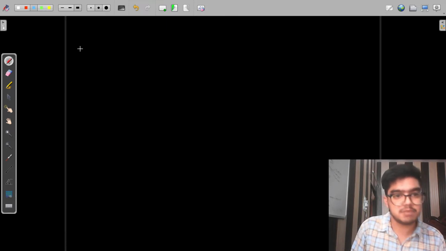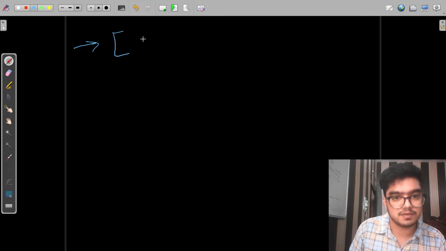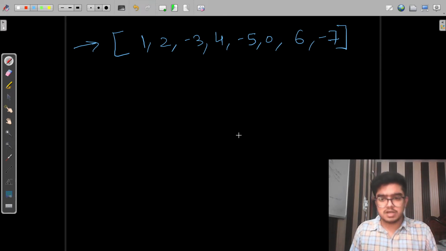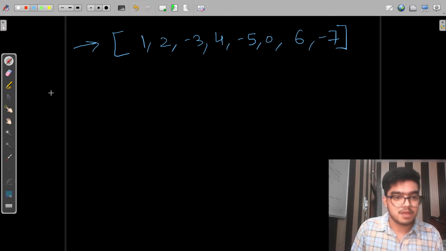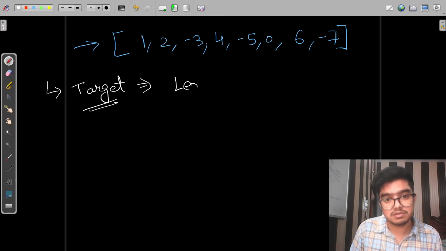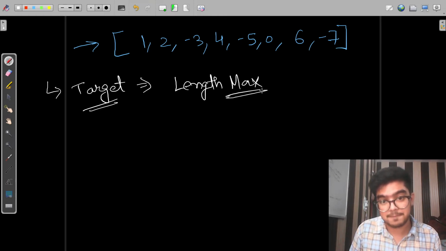Let me take an array which is 1, 2, minus 3, 4, minus 5, 0, 6, minus 7. Let me take any random array, and let me write what we have to find. So what is the target that we have? The target is the length which is maximum.